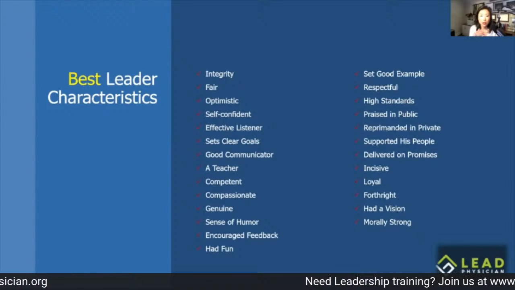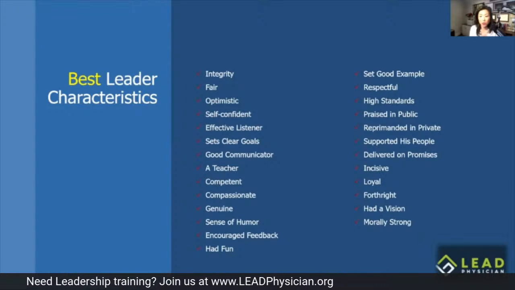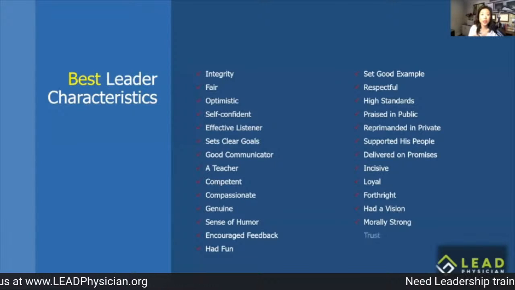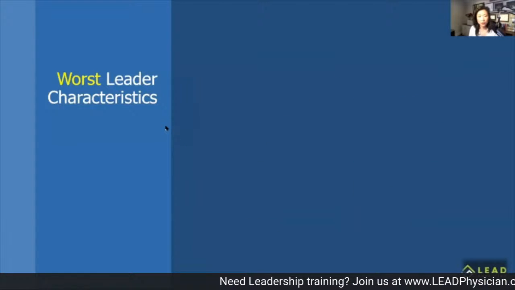So these are some of the things that people do say about themselves, and maybe some of these resonate with you, but there may be more than what's on here. And on the alternative side, you may be looking at what are the worst characteristics, and if I can go to the next one,